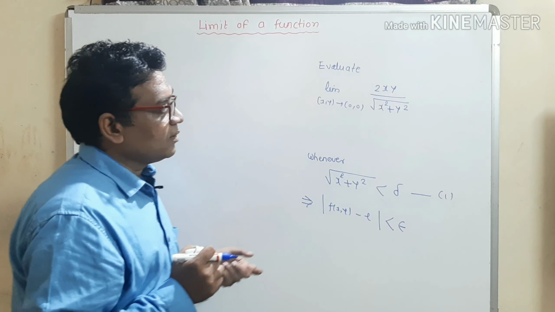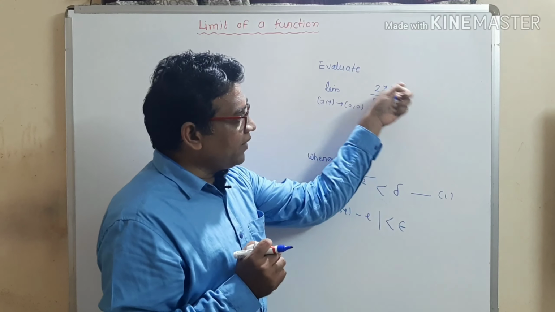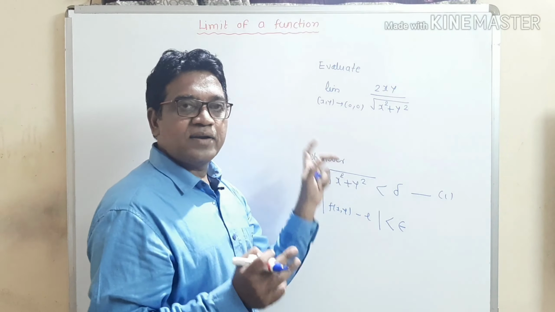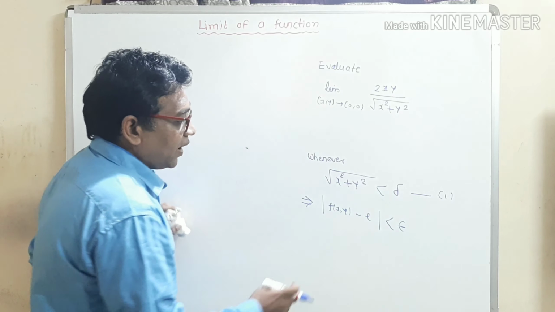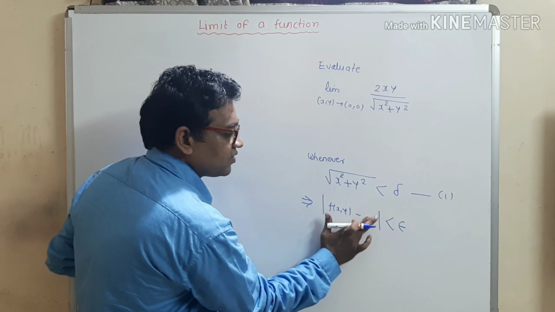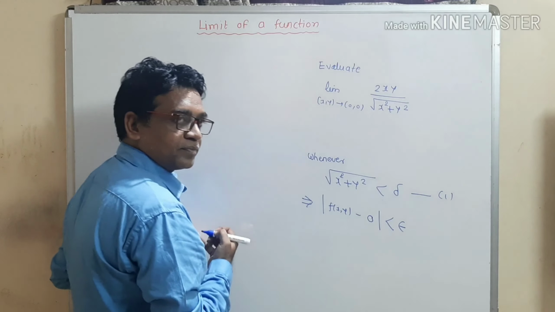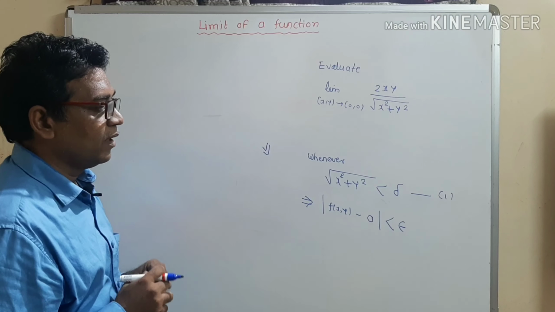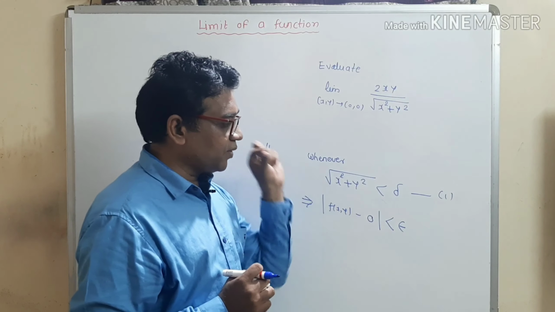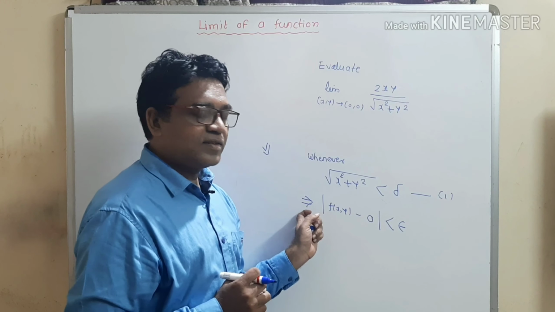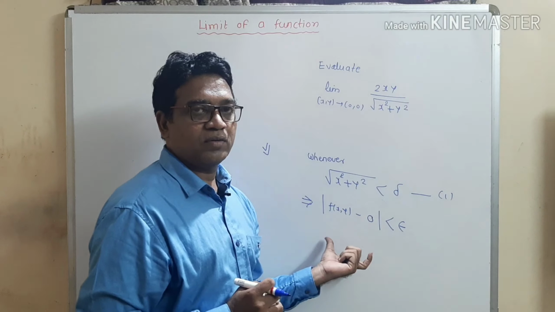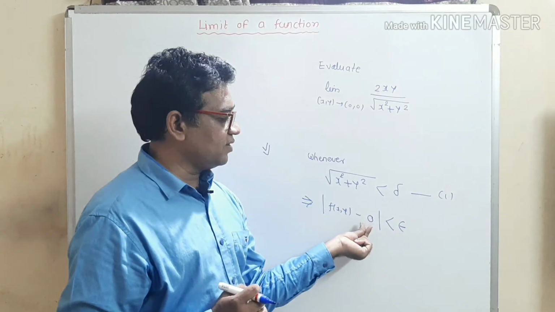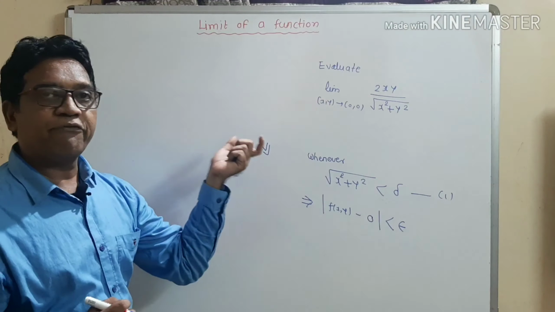Now, we have seen earlier that if the denominator contains the factor x² + y², then we can find its limit and it is given by the value 0. So instead of L, we can put L equal to 0. So this is now the final definition of the limit of the function: whenever √(x² + y²) < δ implies |f(x,y) − 0| < ε, then according to the definition, this 0 is called the limit of the function.